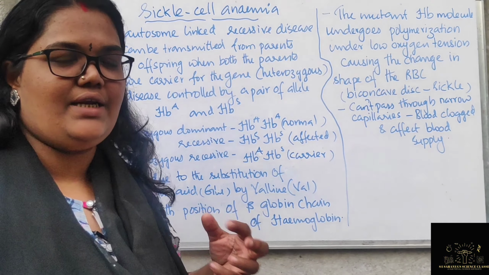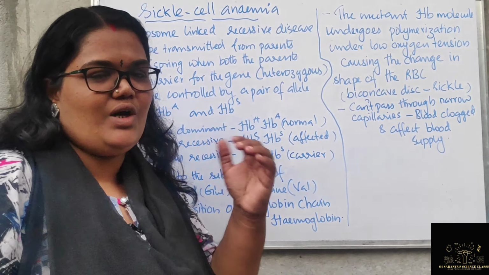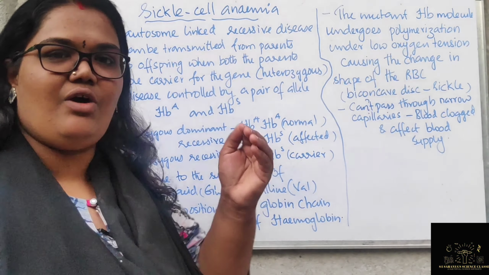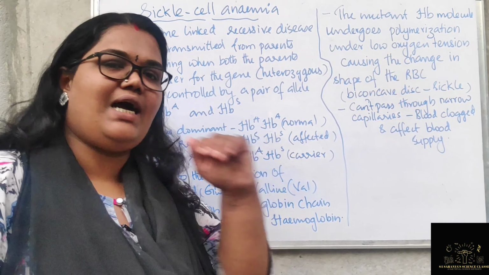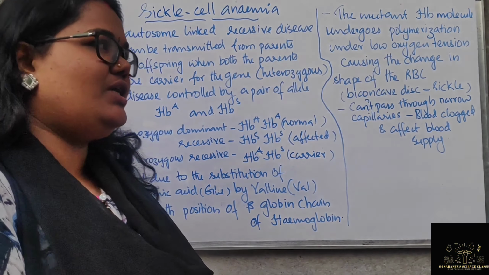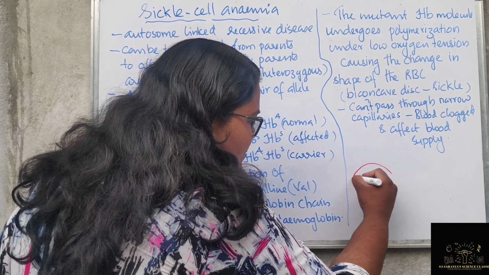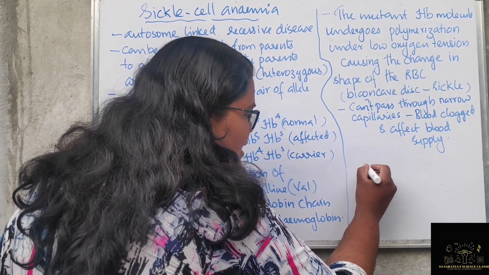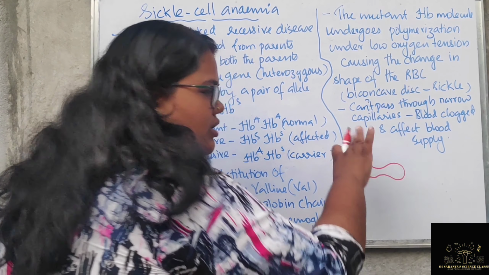What is the meaning of that? Sickle cell means the blood RBC. What is the natural shape of RBC? You all know that, that's biconcave or disc shaped, because it doesn't have the nucleus in the adult stage, right? So if you are checking that, you can see that the shape will be biconcave, or a disc shape like structure. You can see that entirely. If you are seeing it sidewise, it will be like this, right? Biconcave or disc shape.